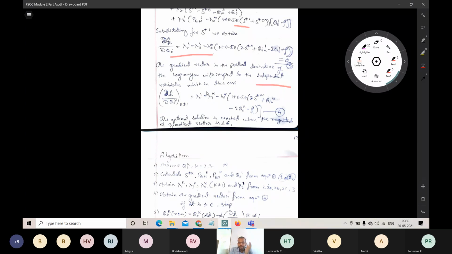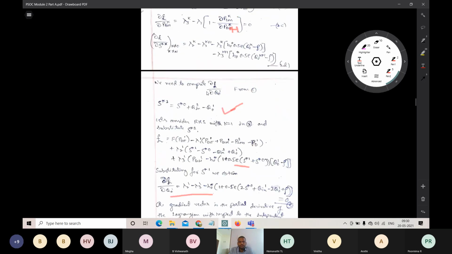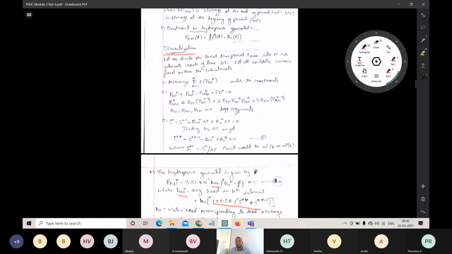And also we have satisfied the different hydel constraints. What are the different hydel constraints? So these are the different hydel constraints. That is, we have to balance the power from generation to load, and we have to satisfy the storage, the amount of water storage, and the amount of water that is available for the generation. So these are the main three hydel constraints. So we have solved these three problems.